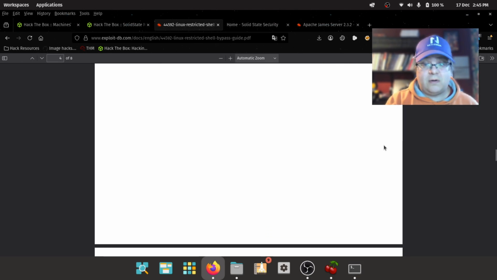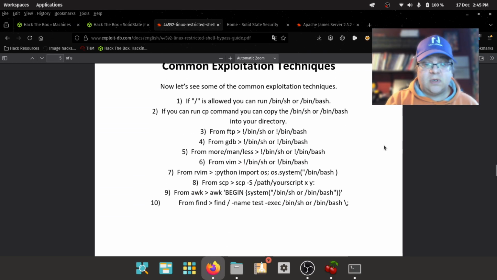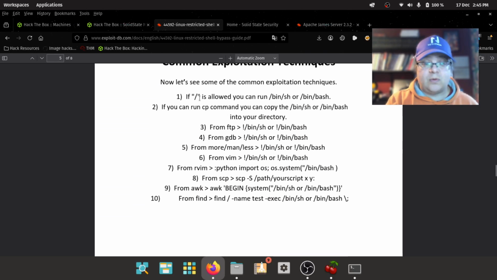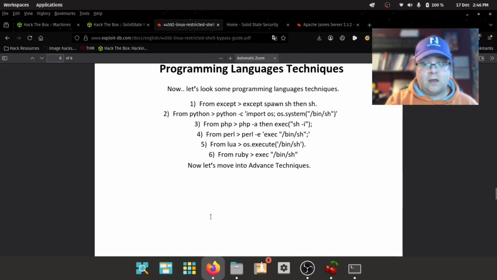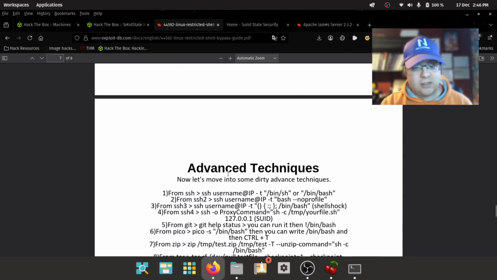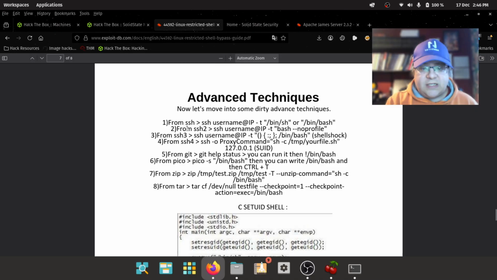Environment variables, no. So no, that is not allowed. We can't run CP. We can't run FTP or GDB or more or Vim. We can't run any of these, so that's useless. We can't run any of the programming languages, so that's useless. Now this is